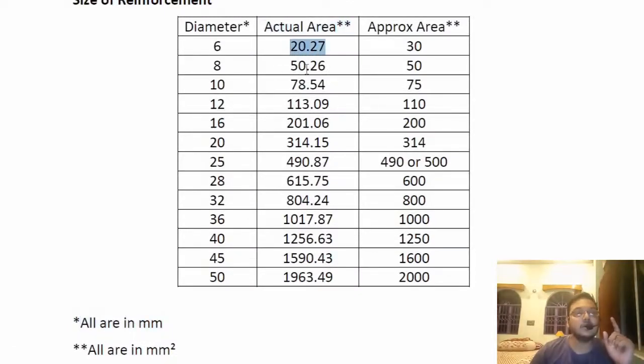In the second column, I have represented the actual area, by the simple area of a circle, as the diameters of these bars are given to us, and these bars are expected to be cylindrical and the cross section is thus circular. So the area will be given simply by pi by 4 times d square, the diameter square. So the actual areas are calculated to be this, but the approx area is somewhat like this.